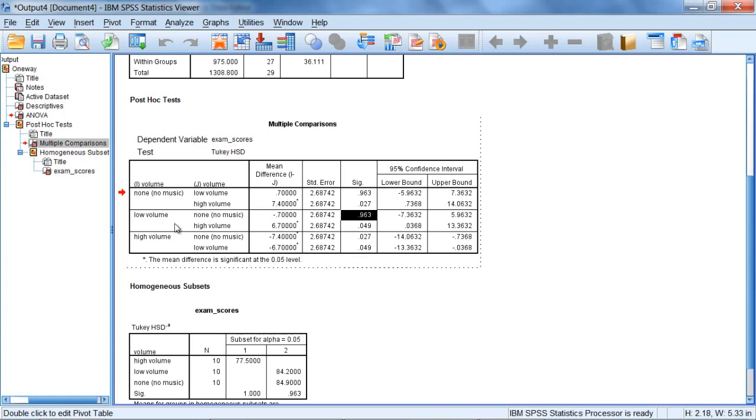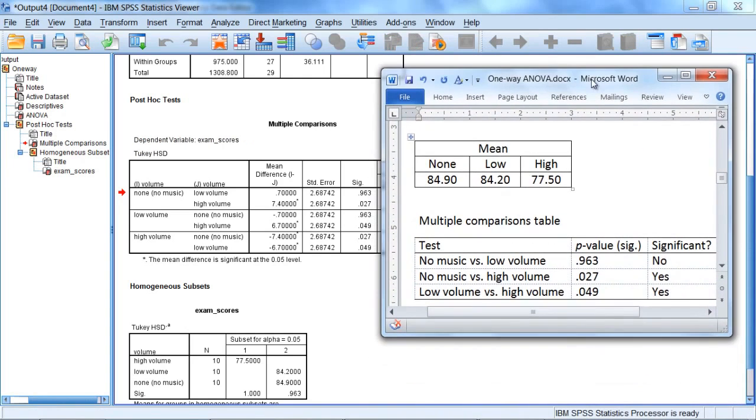Next we have low volume versus high volume, and notice that the p-value is 0.049. That's very close, but it in fact also is significant. So there's a significant difference between the low volume and the high volume groups. Then as I move down here, high volume versus none, that test has already been done. Notice the same p-value, 0.027. And then high volume versus low volume, we just read that one right here with a p of 0.049. So in summary, the results we have here are